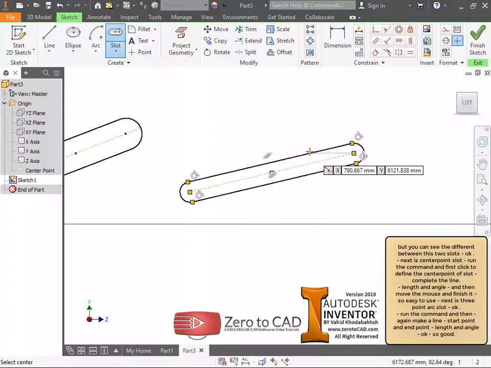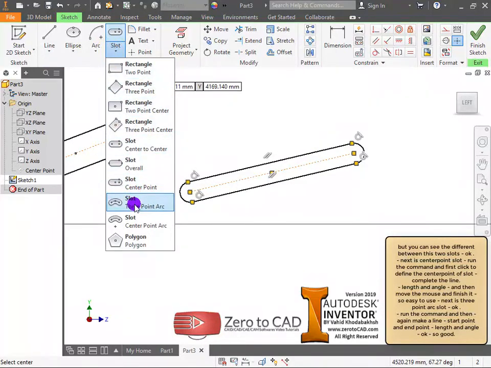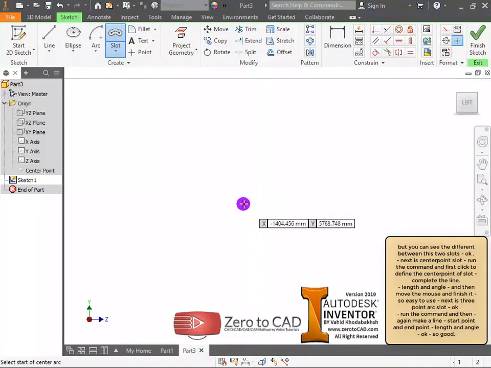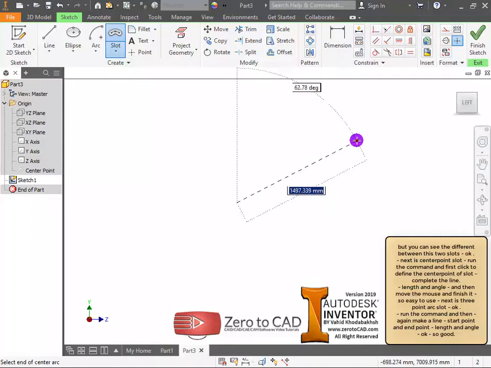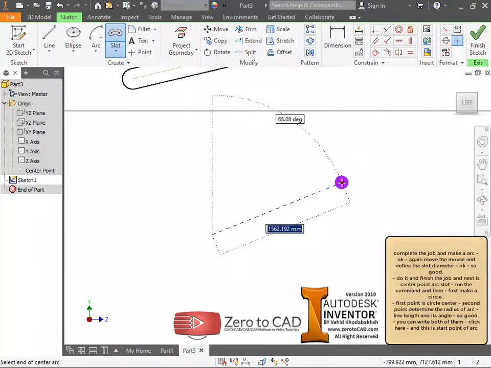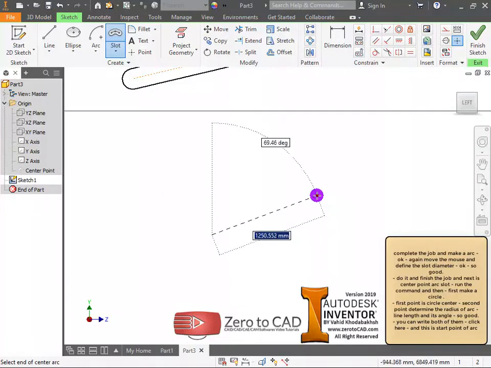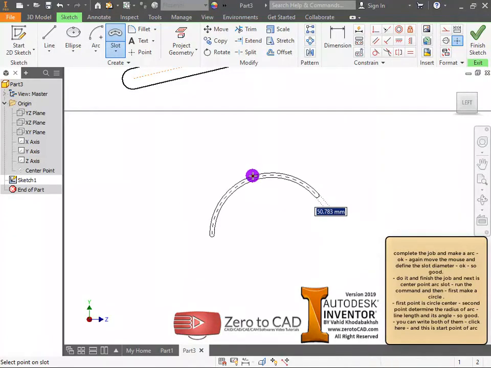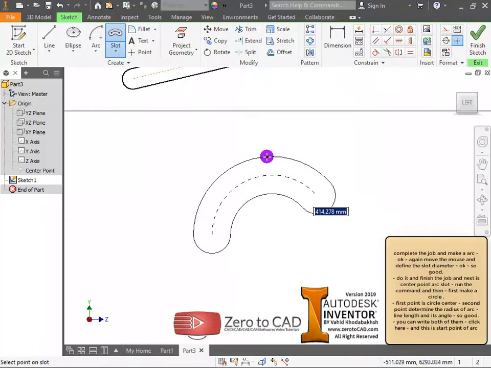Next is 3-point arc slot. Run the command and then again make a line, start point and end point, length and angle. Complete the job and make an arc. Again move the mouse and define the slot diameter. Do it and finish the job, and next is center point arc slot. Run the command and then first make